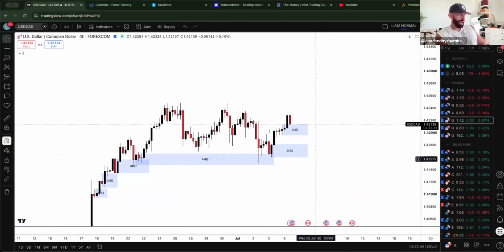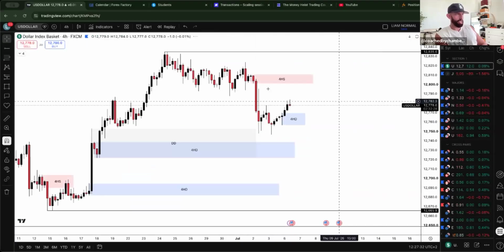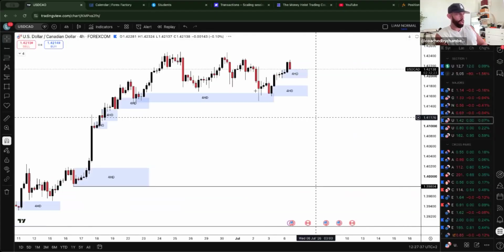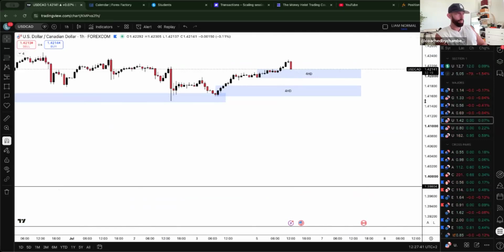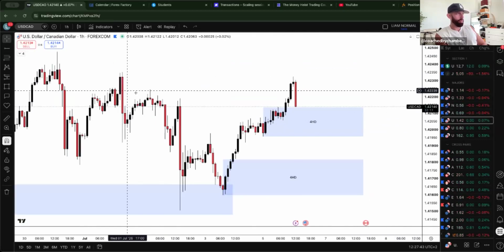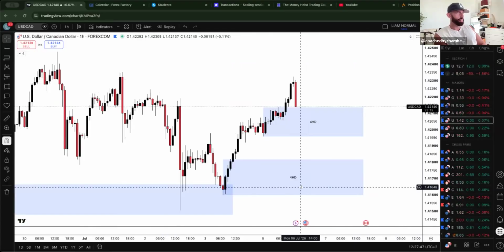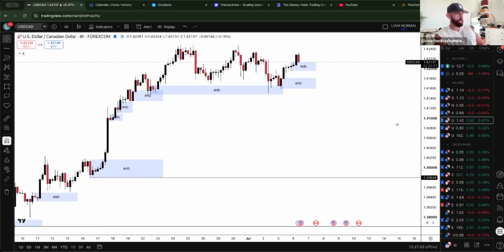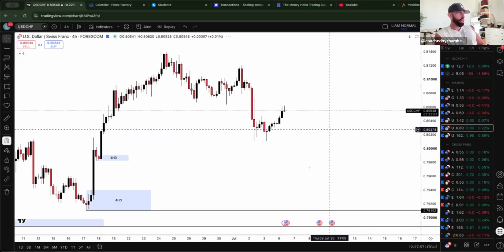For sells, I don't like the look of anything from here from a 4 hour. It's not the same as obviously like a 1 hour supply. Let's have a look on the 1 hour to see if we do have a 1 hour supply. No, not for me. We just took out these highs and then obviously started to sell off. But interesting to see what happens with USDCAD from a 4 hour if we carry on getting that bullishness long. Hopefully that makes sense to you guys.